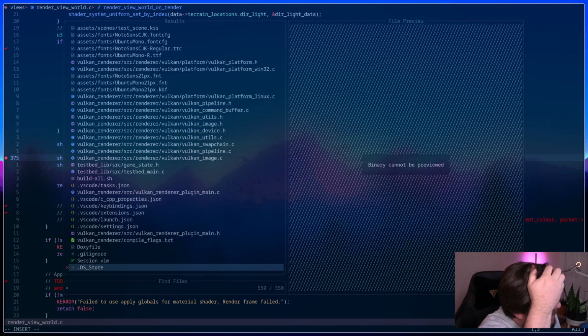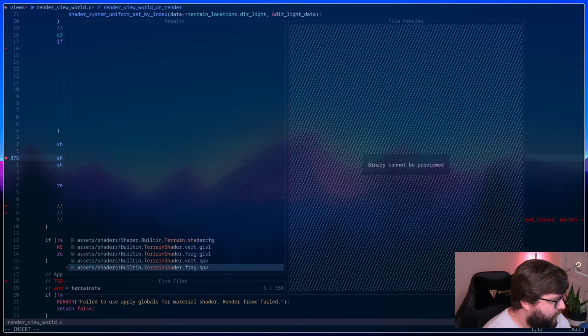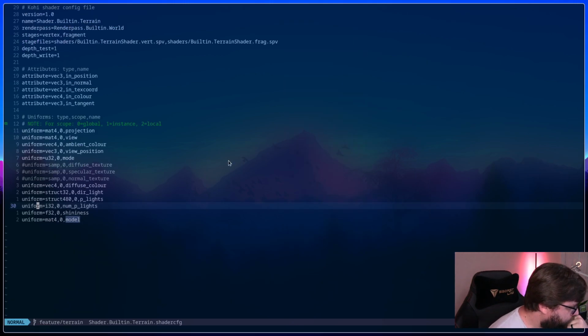So if I take a look at terrain shader config, we have mat4, vector4, vector3, u32, then vector4, struct32, struct480, i32, f32, mat4.